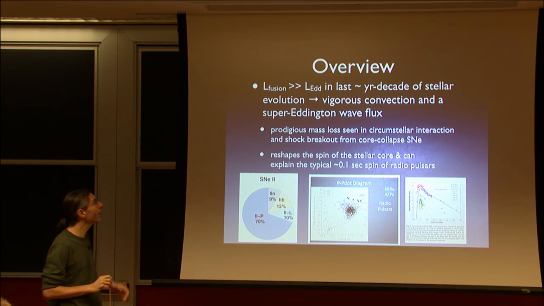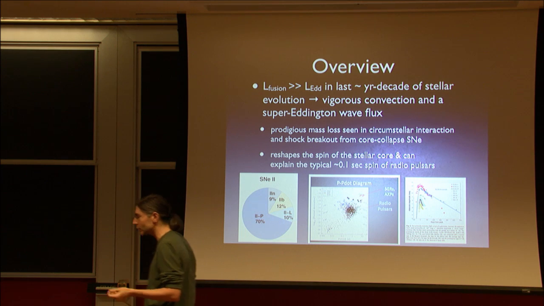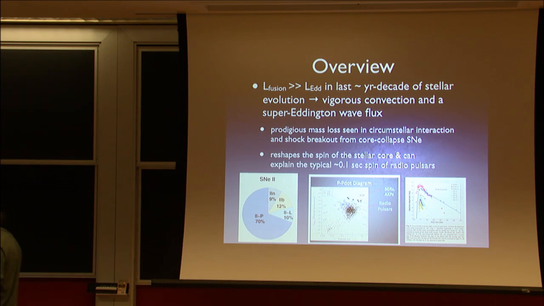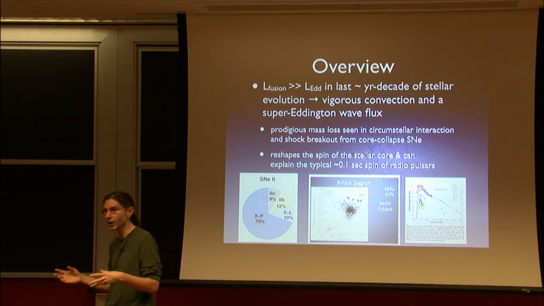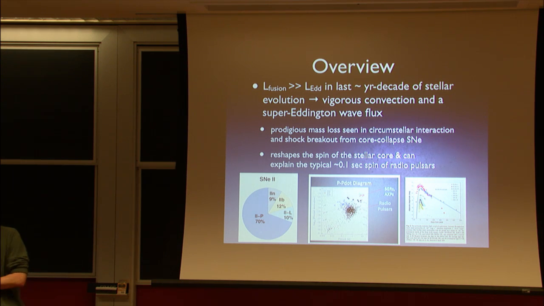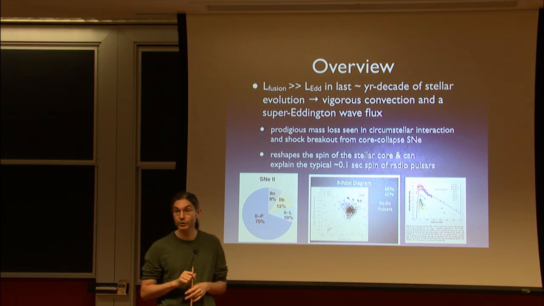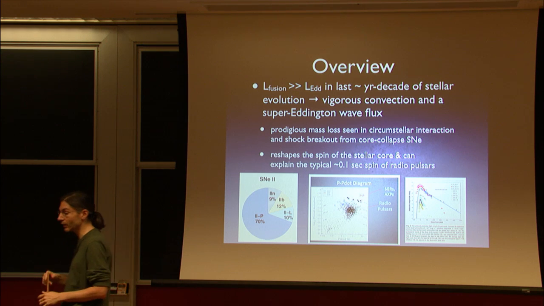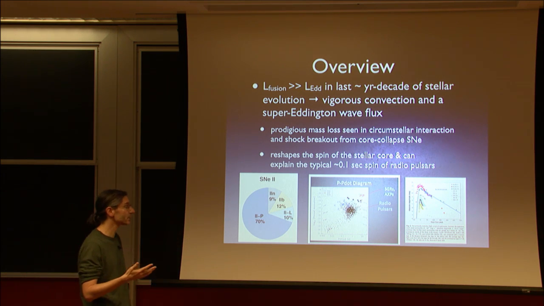neutron stars. Okay, so I'll end there and just reiterate that I hope I convinced you that the standard story of massive stellar evolution, where the cores of massive stars are decoupled from their envelopes, is likely incorrect in at least an interesting fraction of massive stars, and that energy and angular momentum redistribution by waves, what is really a non-local redistribution of energy and angular momentum, can actually have a very large effect on the structure and